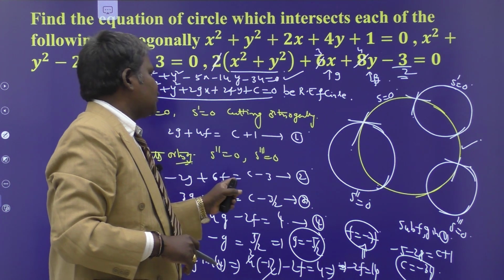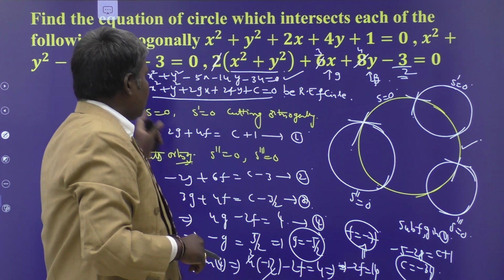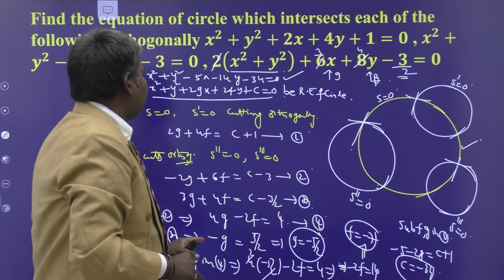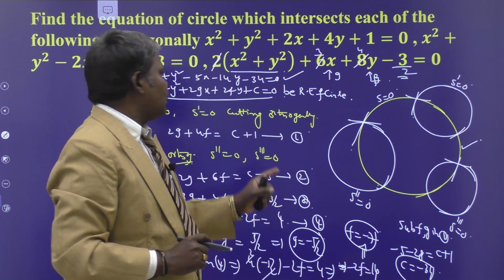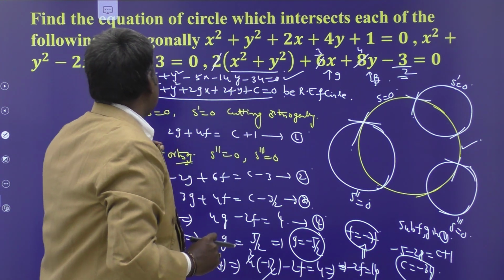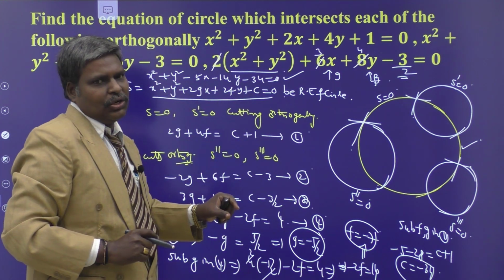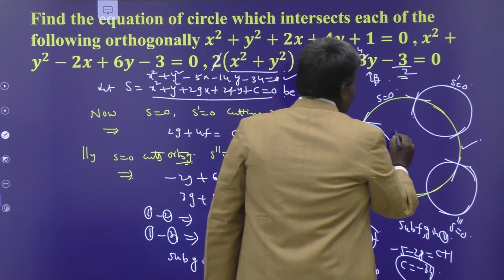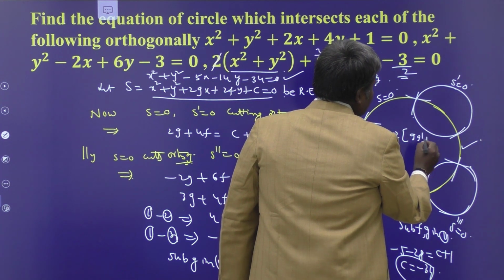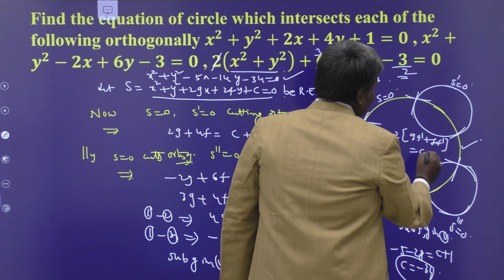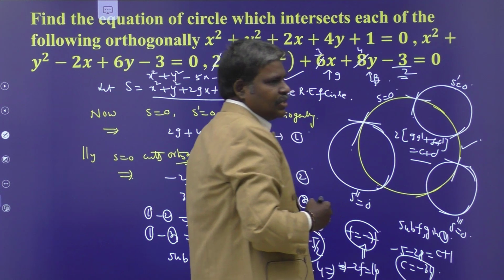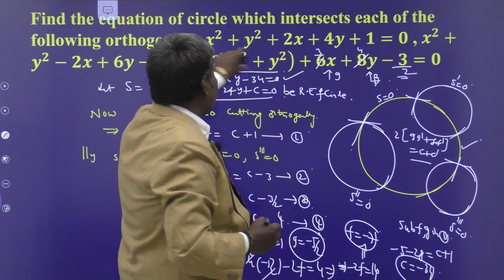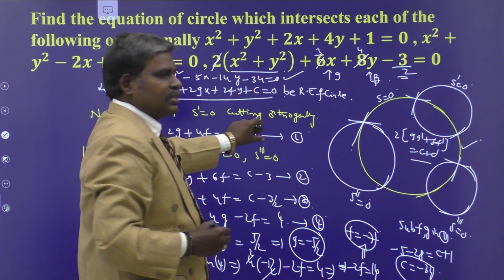So write the conditions without defect and solve them for f, g, c values, and after getting the values of f, g, c, keep the values here itself. We mean in s equal to 0, we obtain the required equation of circle. What is the orthogonal condition? 2 times of gg dash plus ff dash is equal to c plus c dash. This is the condition. So without writing the condition, we are writing the obtained conditions here itself.